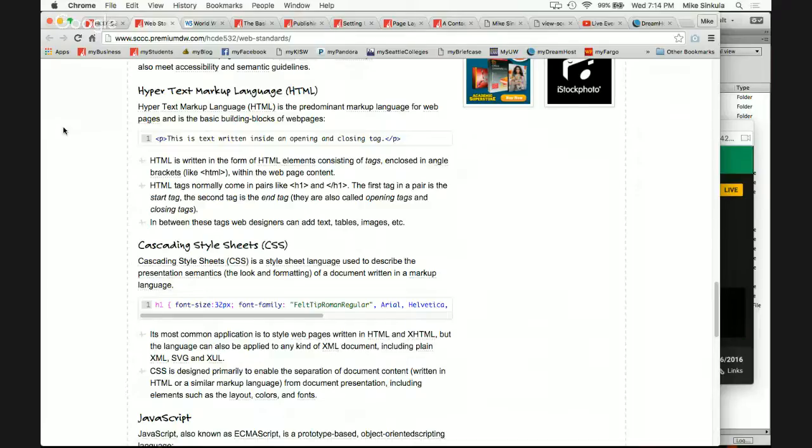In the earlier versions of HTML, you didn't have to use a closing tag. Now you have to, right? But nonetheless, in between these tags or elements, that's where you can put text or images or more sets of tags, right? Meaning,